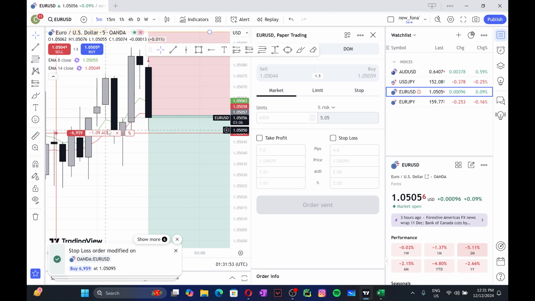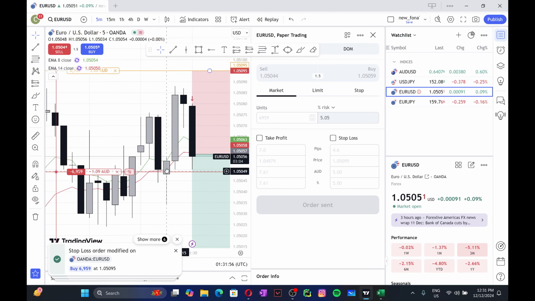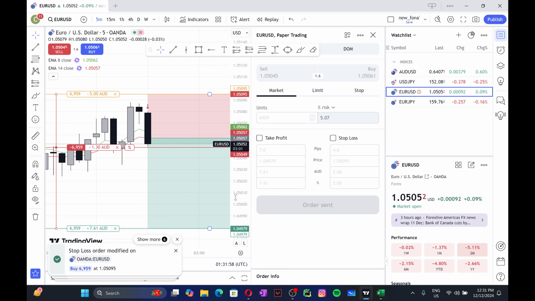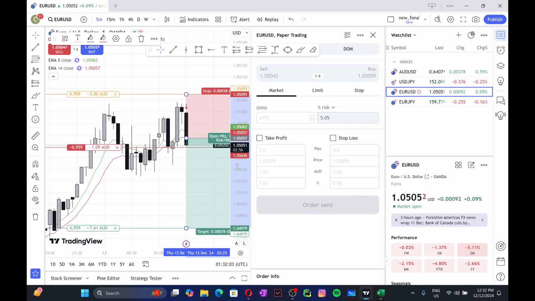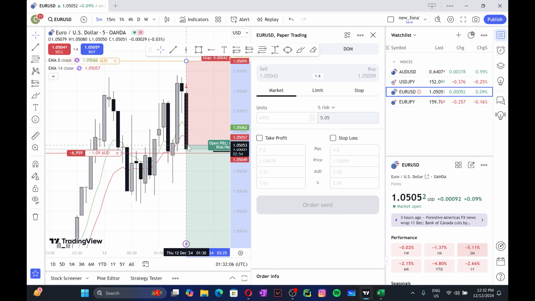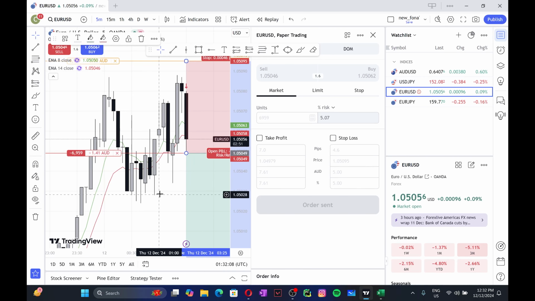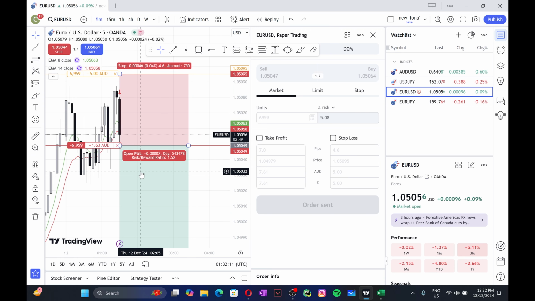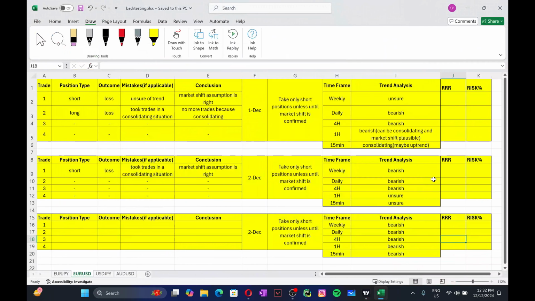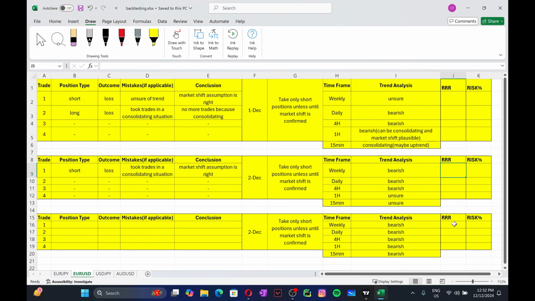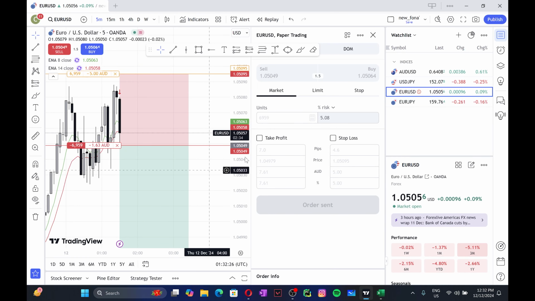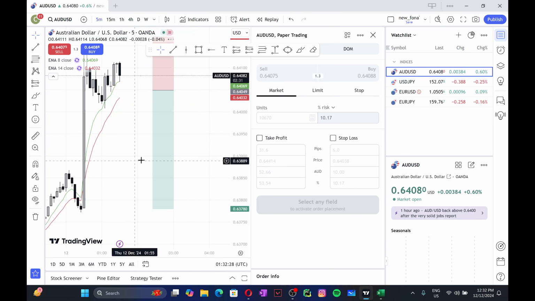Okay, I don't even know why did my price actually, what the hell is happening? Okay, I don't know what's happening, but let's just see the risk to reward ratio. So our risk to reward ratio is 1.52. Okay, so the risk to reward ratio, what is this? EUR USD, and we are here, so 1.5, and our risk percentage is 5.